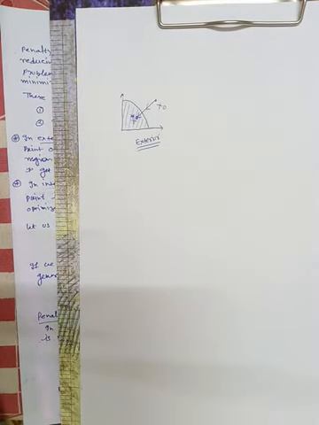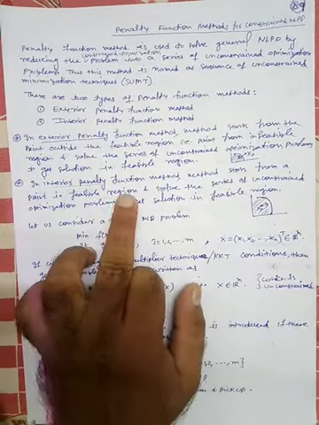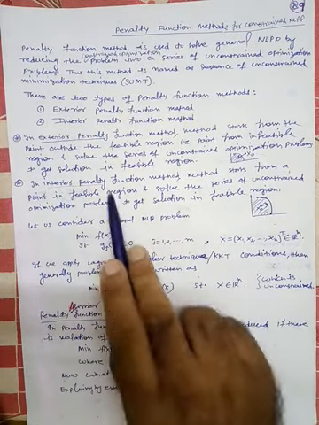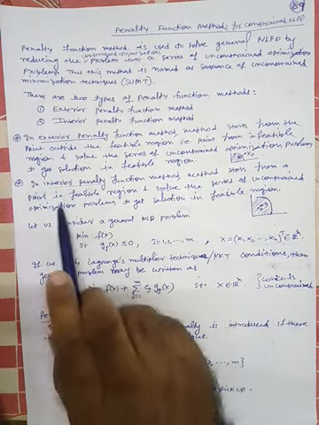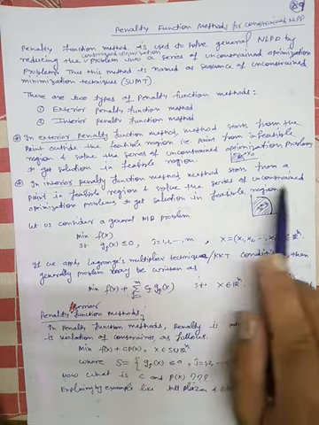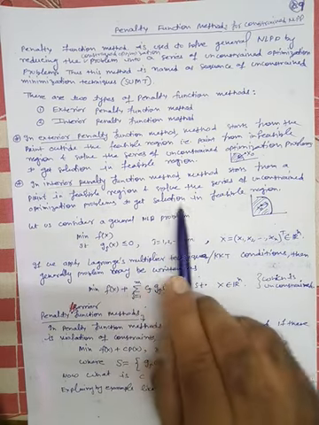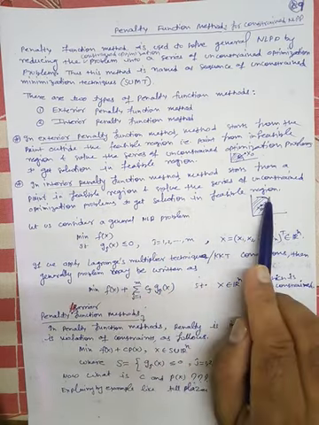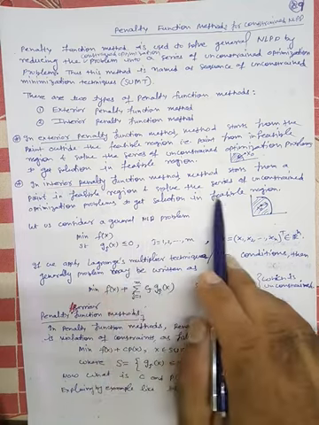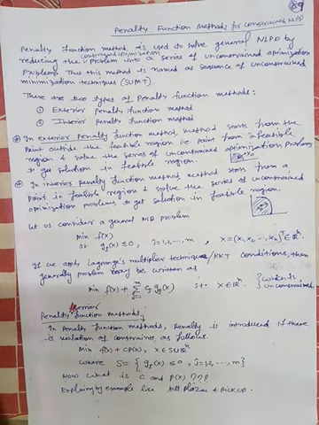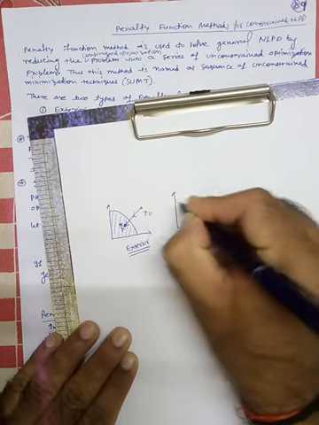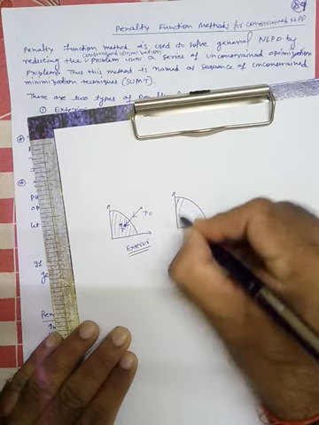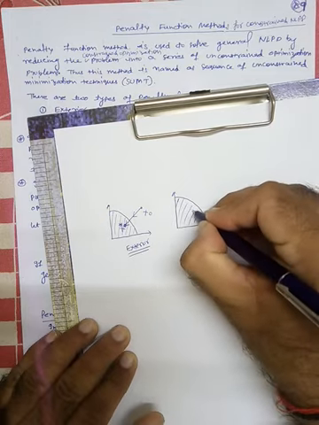However, in the interior penalty function method, the method starts from a point in the feasible region and solves the series of unconstrained optimization problems to get a solution in the feasible region. So here we start solving the problem from the interior. Again we have the same region, here this is the shaded part, and the solution is somewhere here, x star.